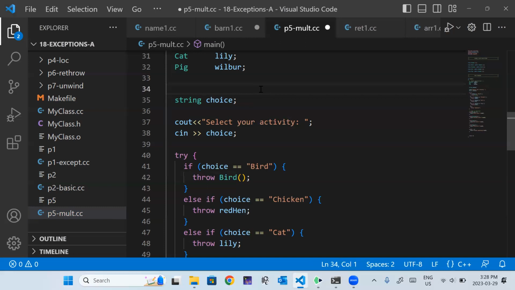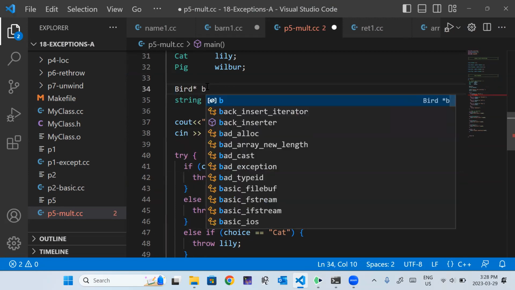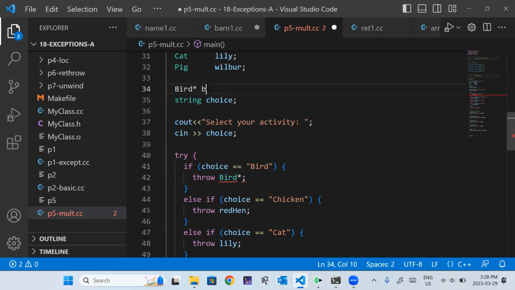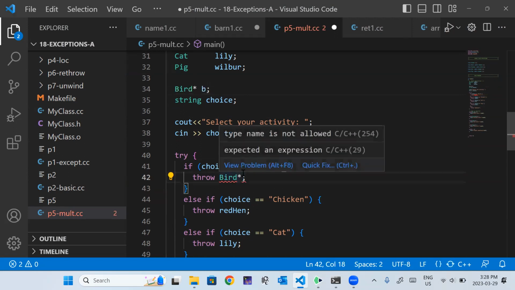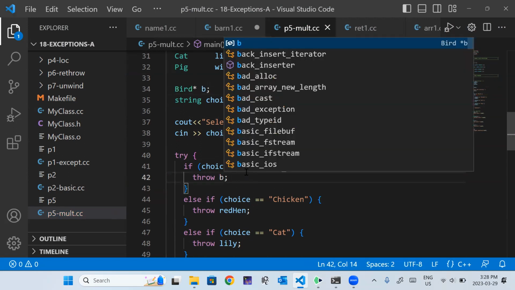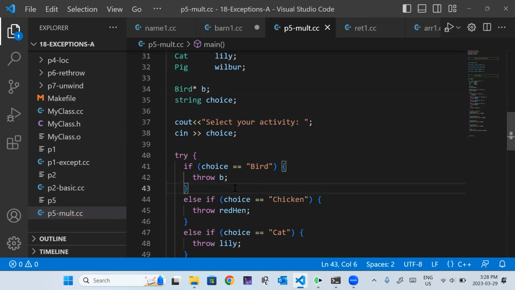I would guess that you could. Let's try. It doesn't like that. Type name is not allowed. Okay, so I need to. So let's declare B. We can throw B. Yeah, it's okay with that.